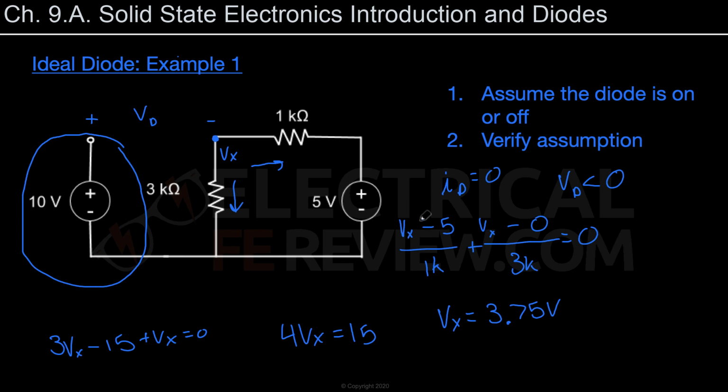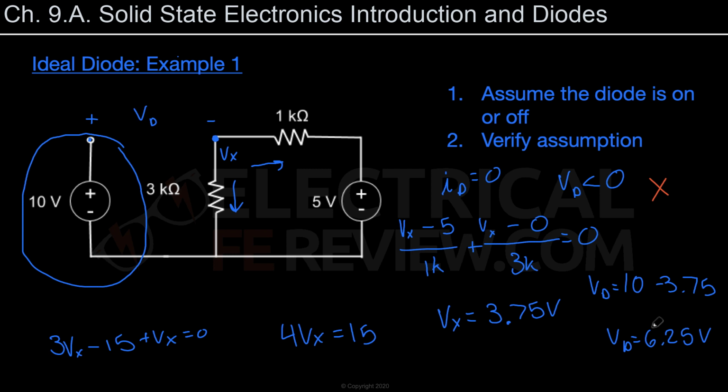Now, to find out what Vd is, we're going to find the voltage here, which is 10 volts, minus Vx, which is going to be 3.75 volts, which is going to leave us with Vd equal to 6.25 volts. Now, this does not verify our assumption, because Vd needs to be less than 0 and Vd is